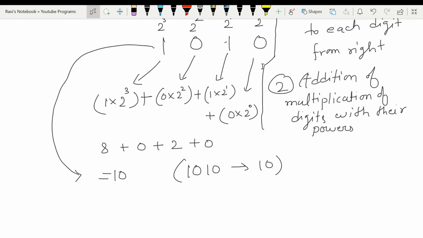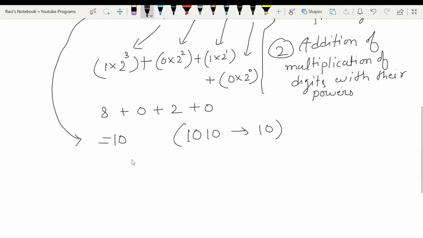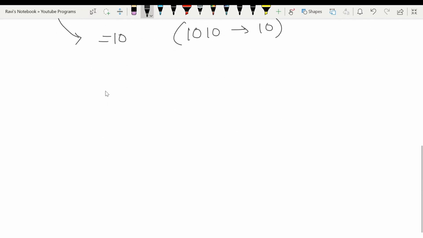Okay, let's take another example of binary number and let's convert that. 11010. So this is another example of binary number. Now let's convert it. First step is to assign powers of 2 from the right hand side in a sequential manner. So it will be 2 to the power 3, then 2 to the power 4.